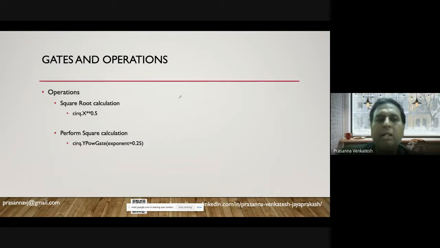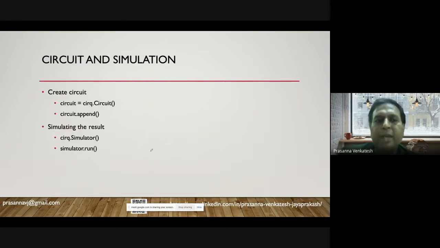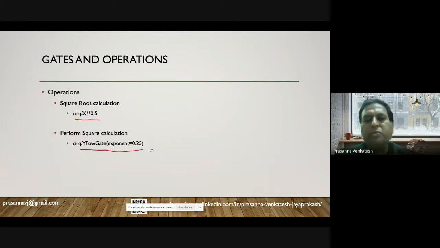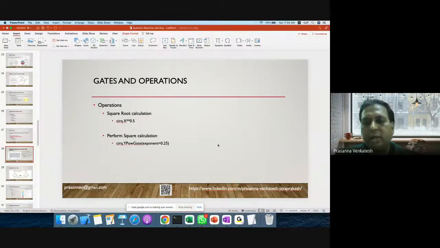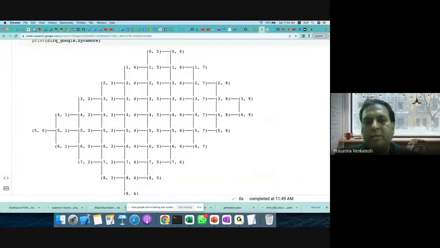For example, I have an X gate that I have defined. I wanted to do a square root of it. You can directly utilize that. There are some gates that even take some parameters. For example, there is this Y power gate that you see. It can take a parameter of the exponent value, like 0.25, that you wanted to share across. And before I go there, I will just quickly switch and show you how the gates are getting created. Okay, I switch to my code.